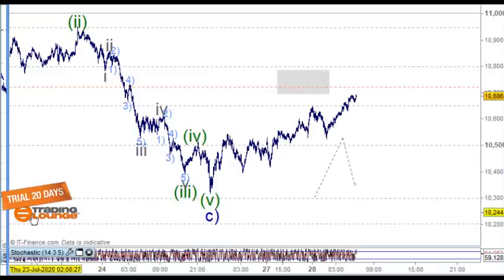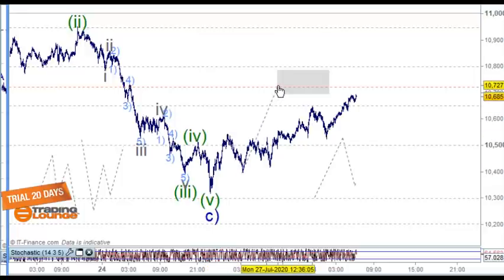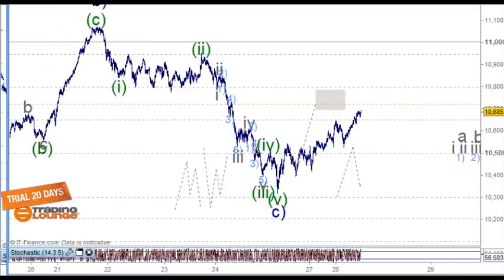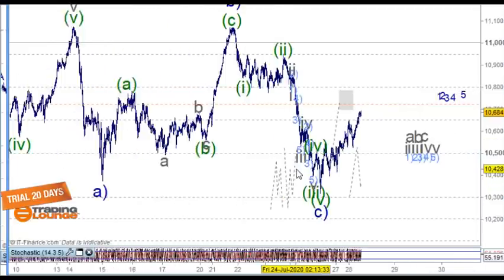Oops, I can't draw on that side, so I have to come over here. The A wave here, the B wave here, and the C wave here. Normally there's some sort of relation between the A and the C, and that's the same to the upside as well. So the A wave, the B wave, and the C wave, there's normally some sort of relationship to them in terms of equality. There's no equality in this one here. This leg here is much longer than this leg here, so I think it's bullish, and it kind of ties in, you know, this